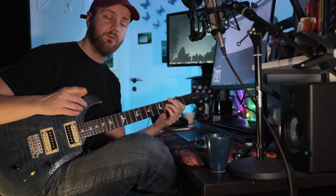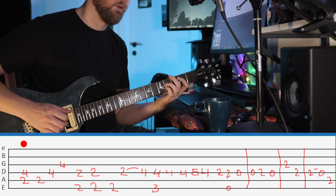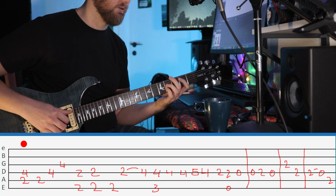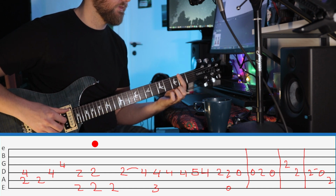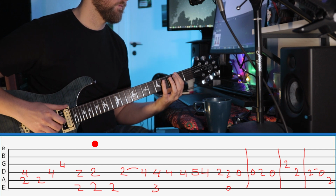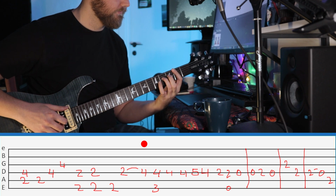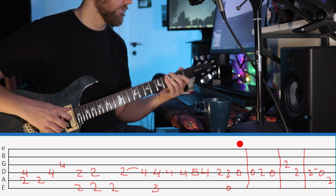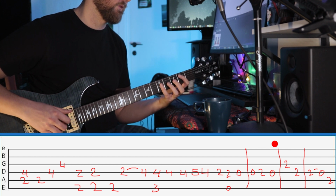Okay, so that wasn't the cleanest playthrough, but I'll go through the song slowly now and I'll explain everything that needs explaining. So we start off with a power chord and then a percussive hit. It does that a lot in this song. Bar that with your index finger. And then there's a hammer-on. That's a hammer-on as well, and a pull-off. Then back to...